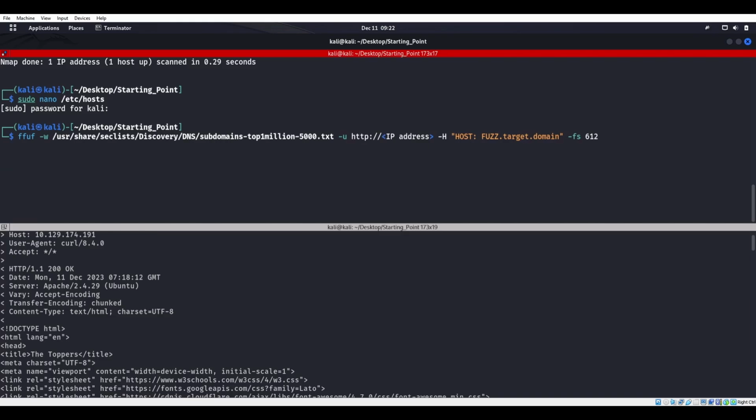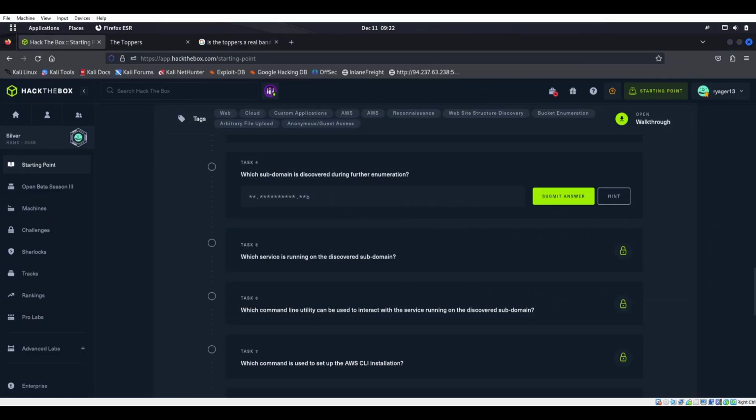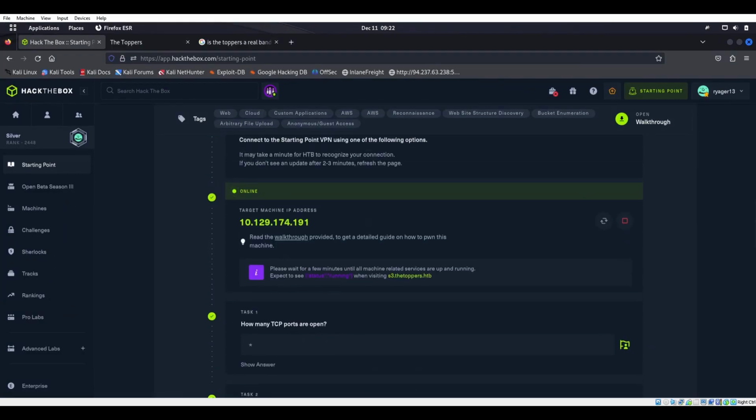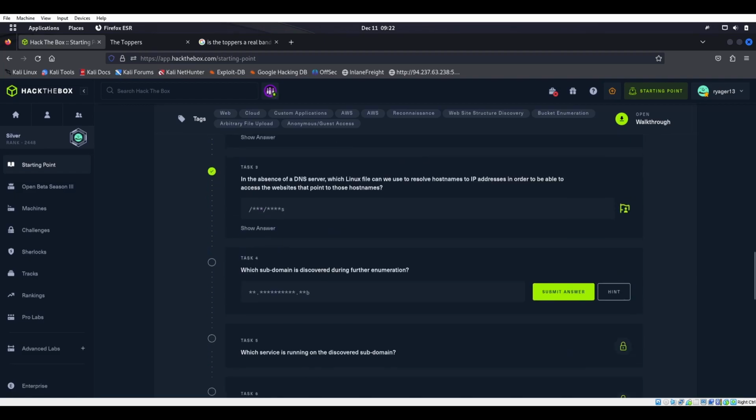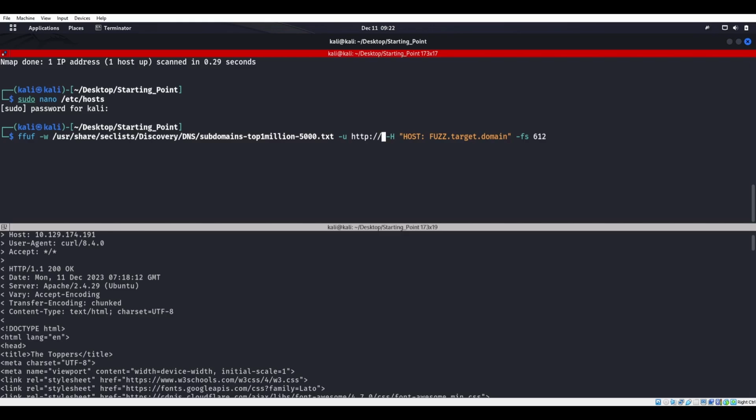I already know what it is, so if it doesn't find it, we do know what it is because it does say it right in the thing, right in the page, like right here. If you actually read it, it says it right there. So we do already have something here, but let's go ahead and do it the real way so we can practice that, right? The toppers.htb. Then we just want to do a quick fuzz on the